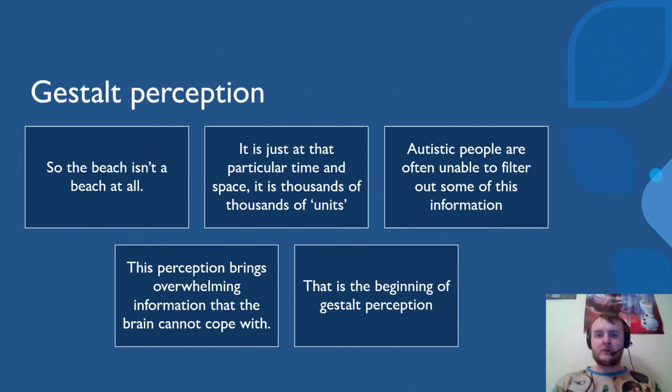Instead of inventing the world like neurotypicals, we actually perceive it. The result is that this introduces a lot of overwhelming information that our brains cannot cope with. Difficulties may be apparent when the individual sensory units are required to be connected and integrated to form a more general understanding at a higher and more conceptual level.